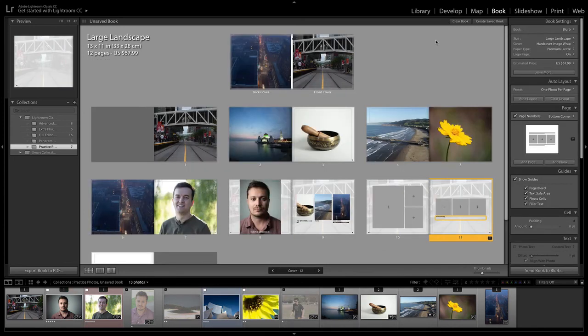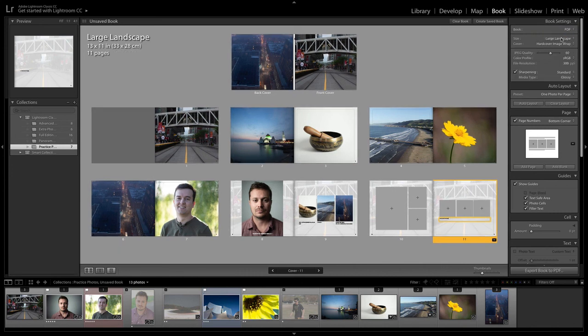So as you can see, there's a lot you can do here with building books in Lightroom. I would say it's probably a good thing to use if you're creating PDFs. If you are printing out with Blurb, that's great. But if you're printing out with another service, it's probably the best idea to export your photos as high quality files and then upload them and use that other photo book creator, whether it's Shutterfly or whatever it is that you use. But for creating PDFs, it's a cool thing too.